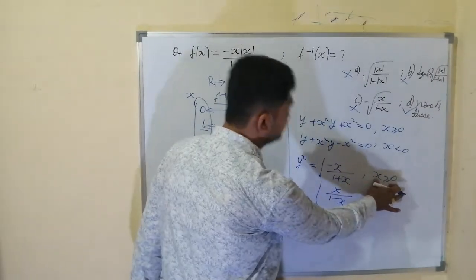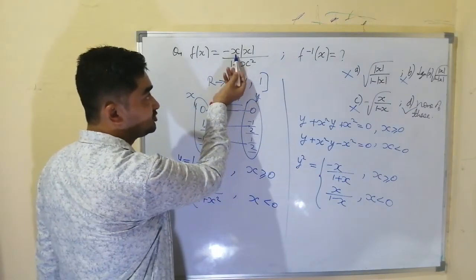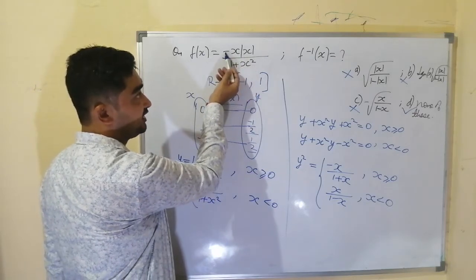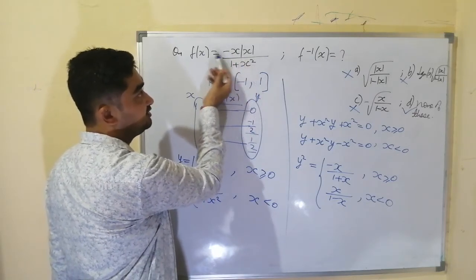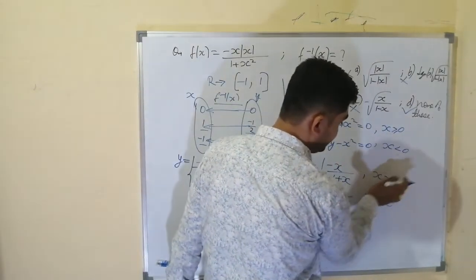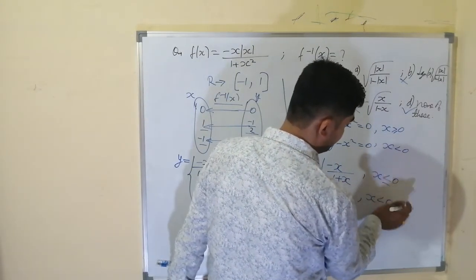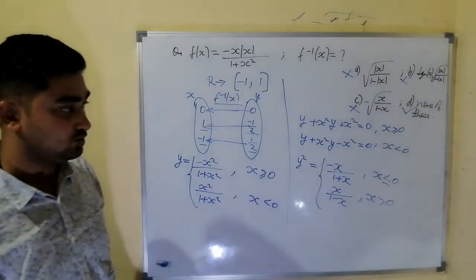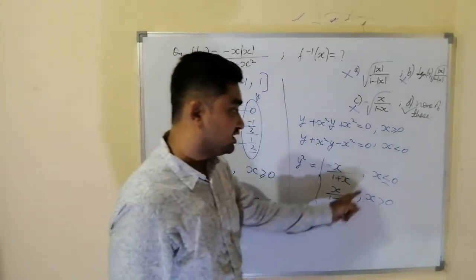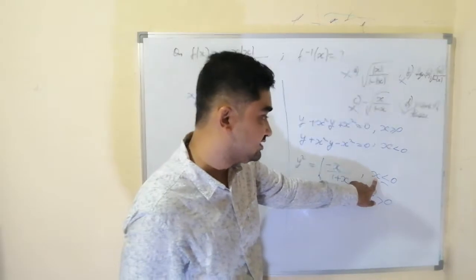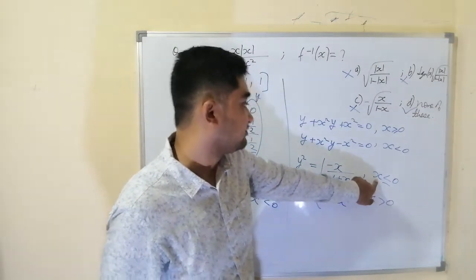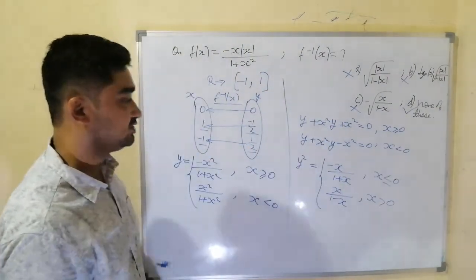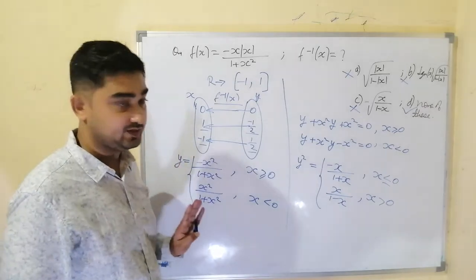Now, here also we have to make the replacement. Whenever x was positive, y was negative, because all other things are positive and we have a negative sign. Whenever x is positive, y will become negative. So here we can say x is less than 0 and here we will have x is greater than 0. Yes or no? Because now we have replaced x with y, so this x is actually y, which is negative whenever x was positive. So the sign will change. Now this is the inverse of f x.